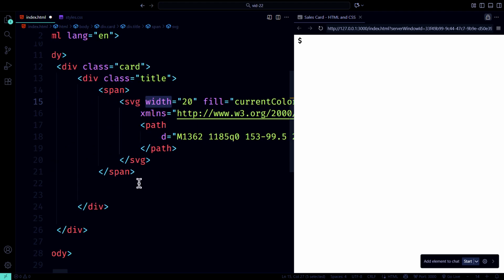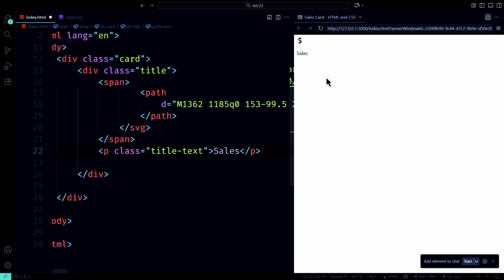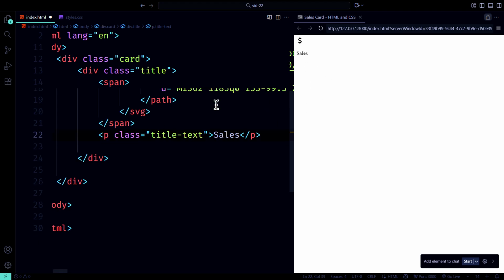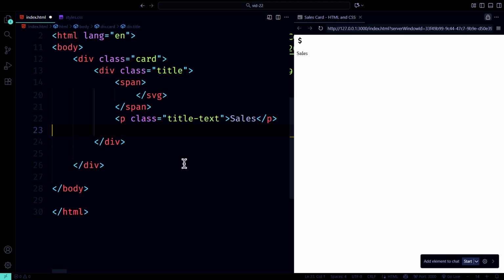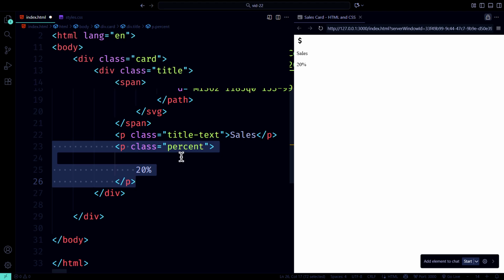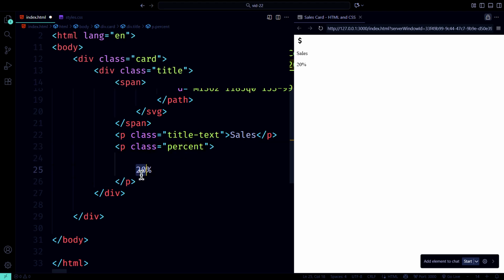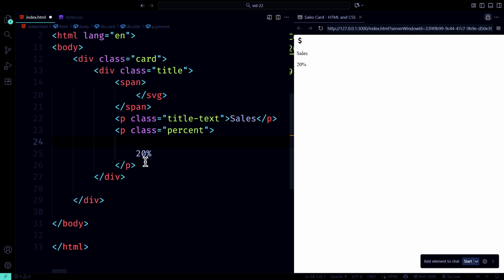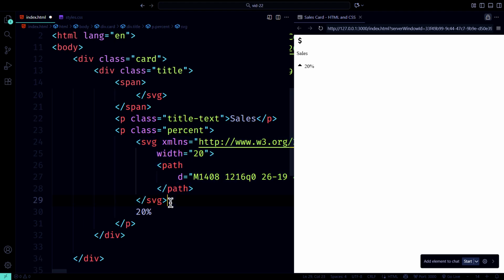Next to the SVG, we have a P element with the class title text. This P tag contains the word sales, which will be the main title of the card. It's styled to stand out with a larger font size and bold weight. Then we see another P element with the class percent. This P holds the percentage, in this case 20%. This is also a key part of the title section and indicates some metric related to sales. The percentage is displayed right next to the title, and there's another SVG icon beside it, adding a visual cue